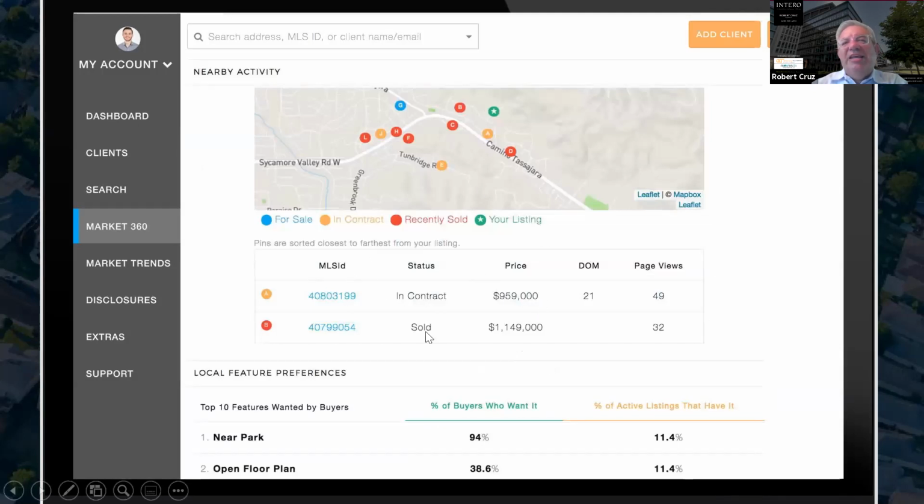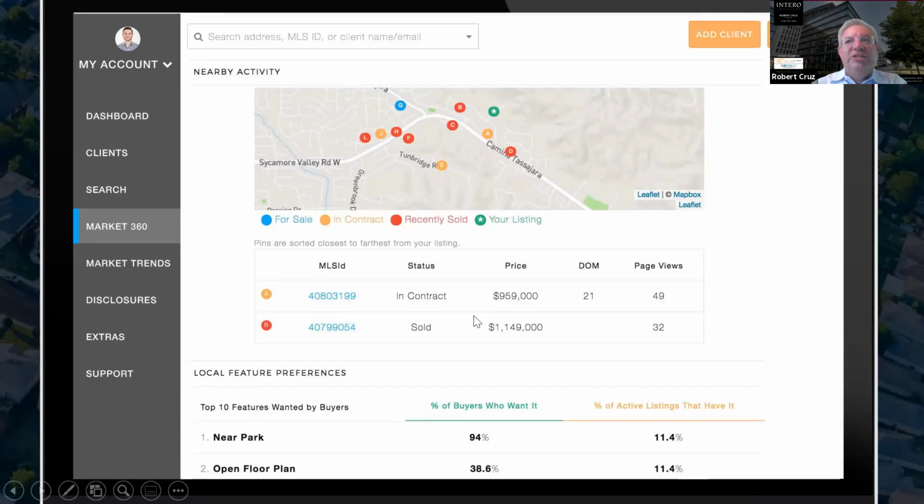It gives you a quick idea of what's going on in the area. Top 10 features wanted by buyers looking in that price range in that general area. Does your client have it? Does your property have it? This is, again, very powerful data that you can use in your listing presentation to win the deal,